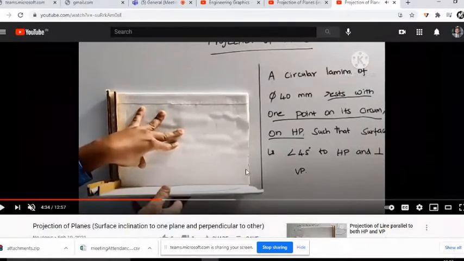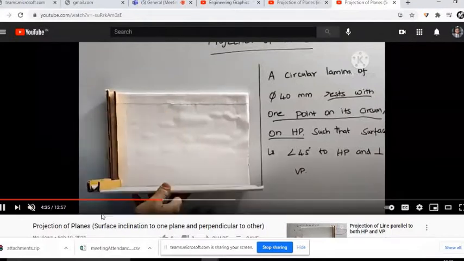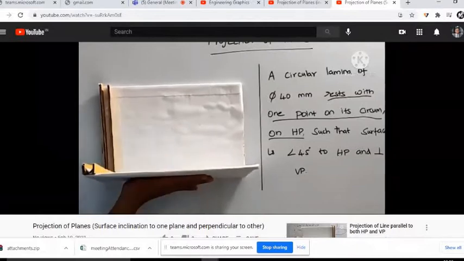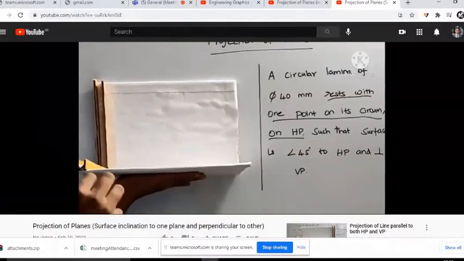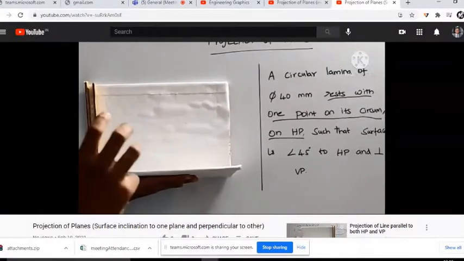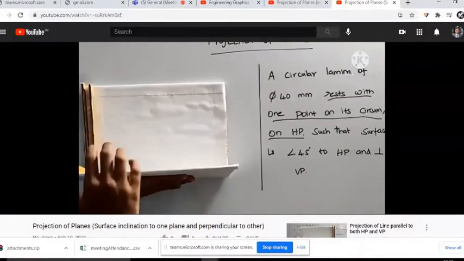Okay, then I will explain. After positioning the plane as per the given conditions, you need to remove the surface inclination alpha. If you remove that, the plane will become something like this. It will lie on the HP. Now if you take a front view, you will see a straight line, and if you take the top view, you will see the true shape of the circle. So you need to draw the simple position.